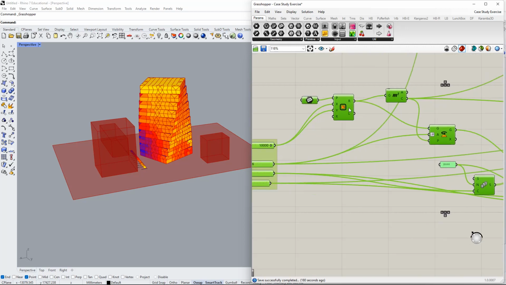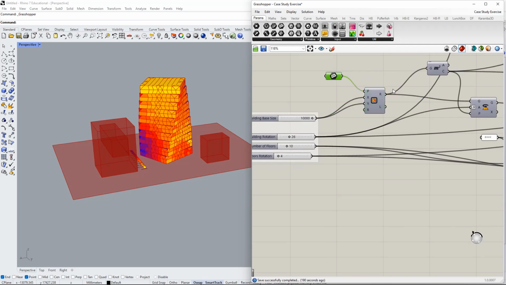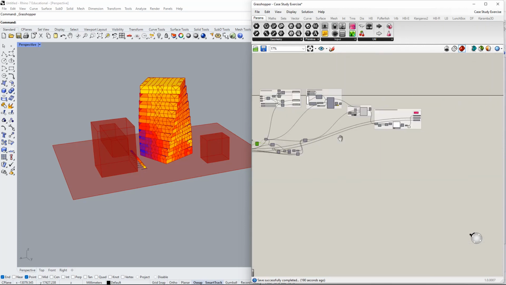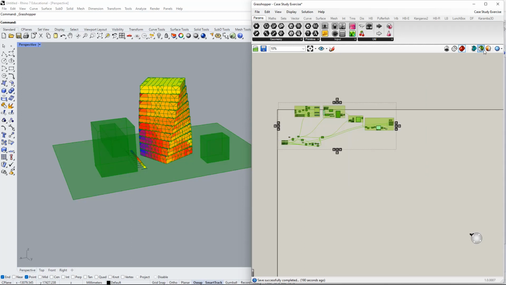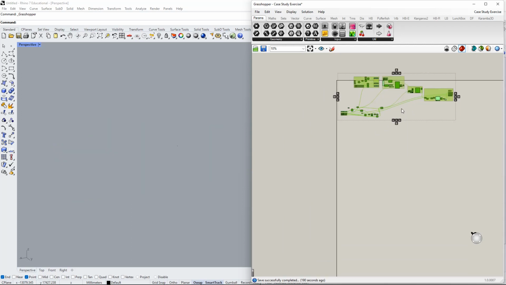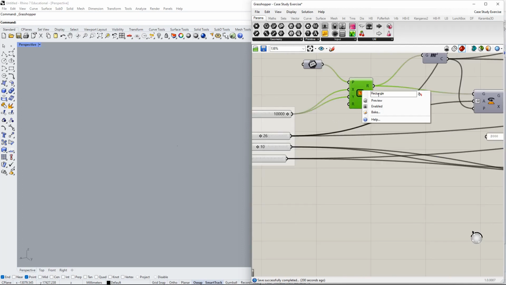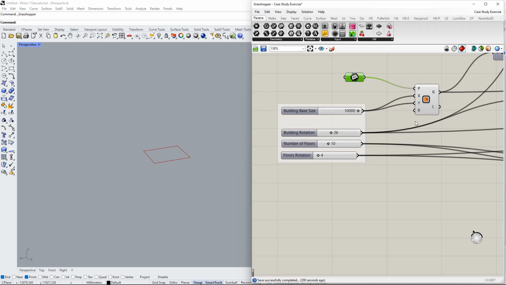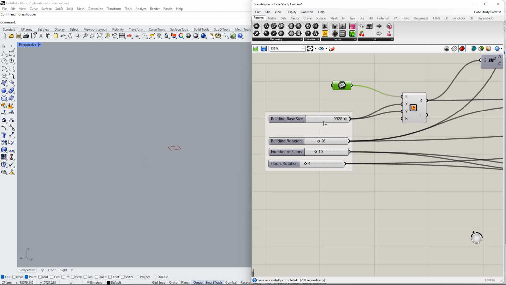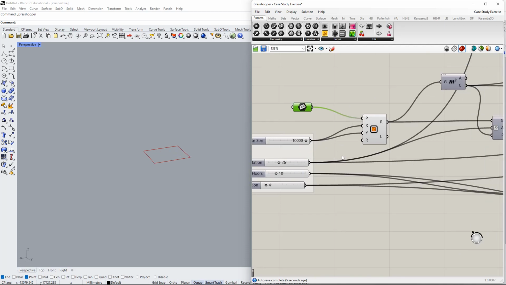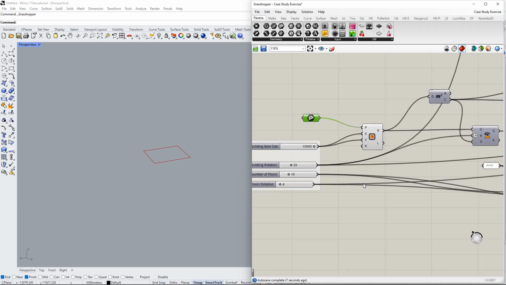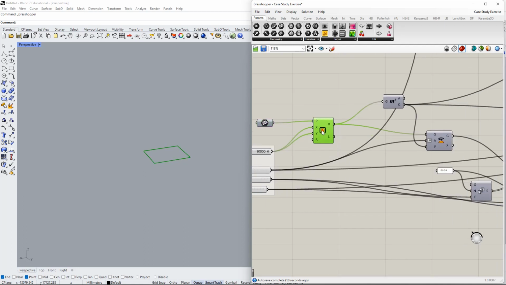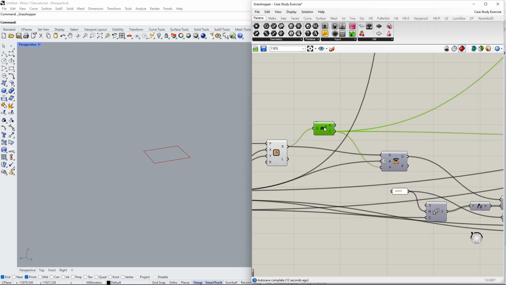Okay, so let's start with the base geometry, and I'm actually going to turn everything off and turn it on little by little. So as we did from the last video, working with that rectangle, very simple. You just give it a slider so I can move it from one dimension to another, making it all in millimeters. Then from that rectangle, what I wanted to do is to rotate that shape,